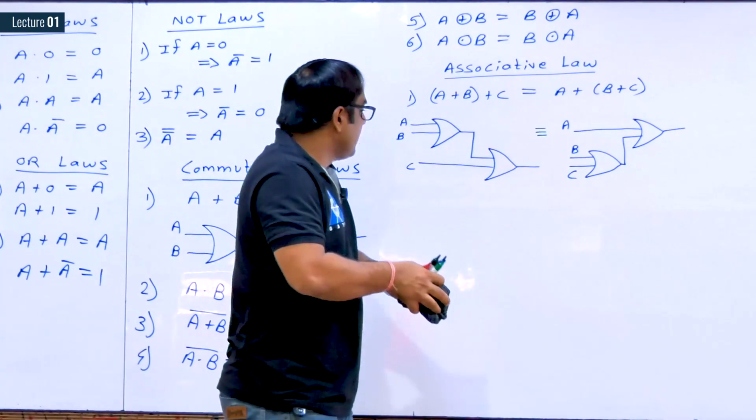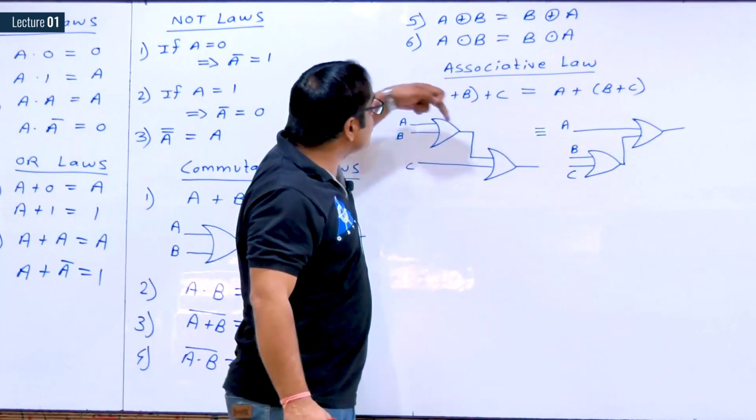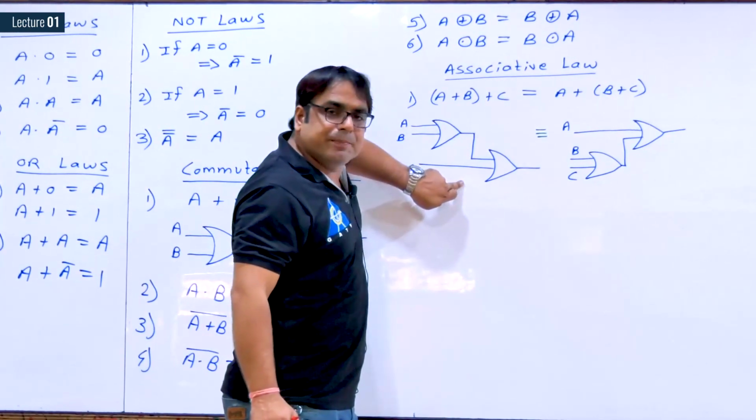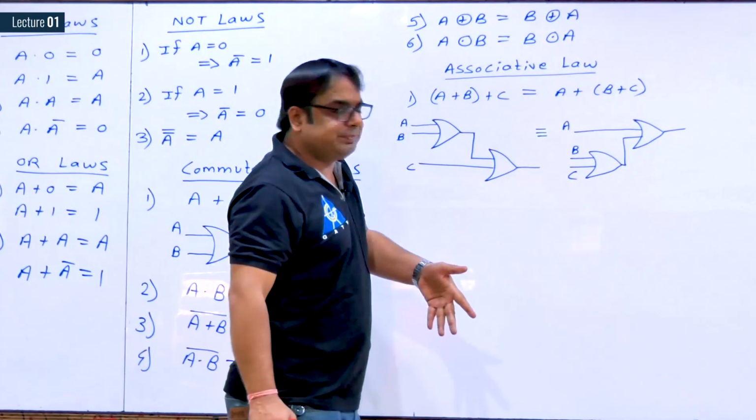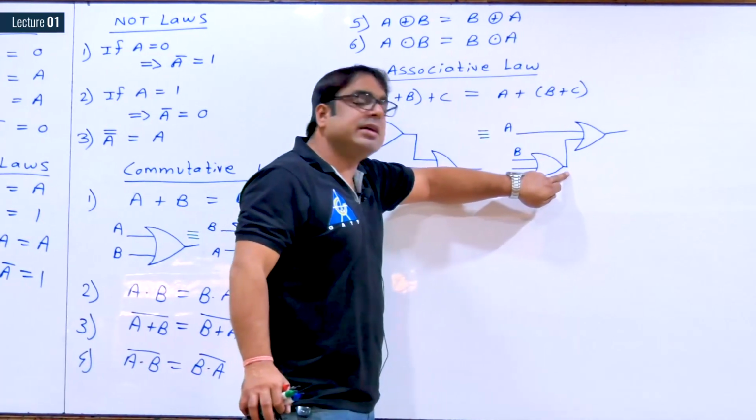Again, try to see. If you solve A and B first and then you solve the output of A and B with C, it will be equivalent to solving B and C first and then solving the output of B